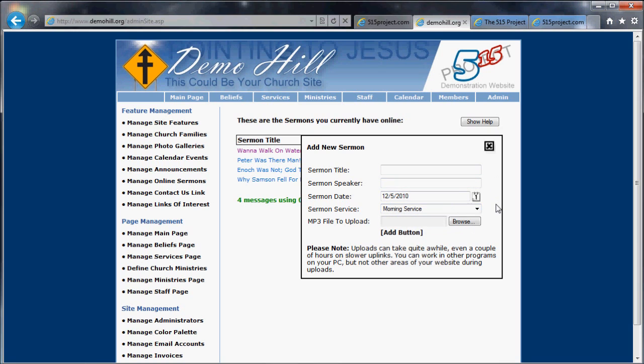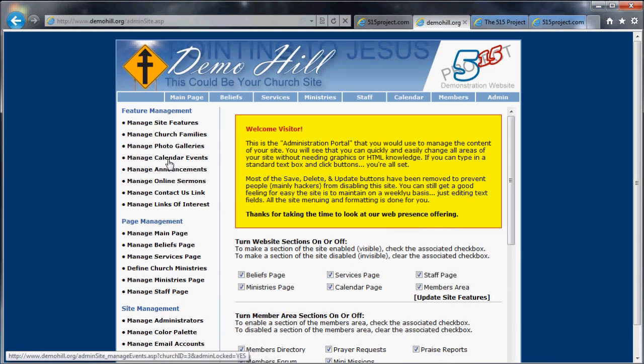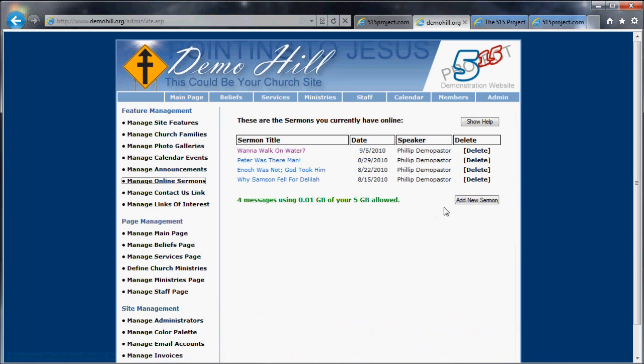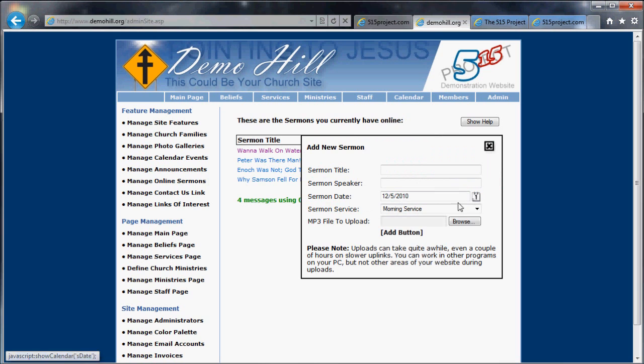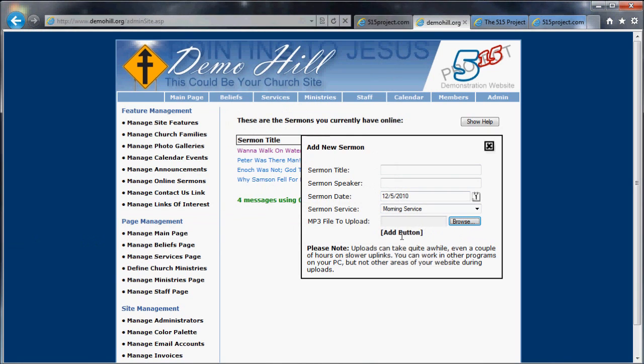That way we can put all the information in the database, and it shows up on your site as: it was on this date in the morning service, and it was presented by the pastor. So that's what's involved in creating an online sermon: you just add those fields and then go out and browse your hard drive to wherever your MP3 is, select it, and then hit the add button, and